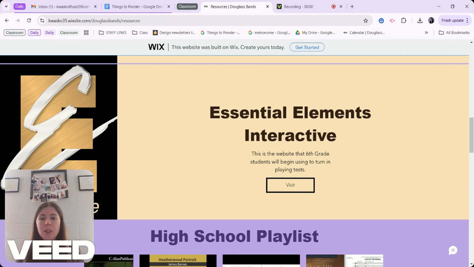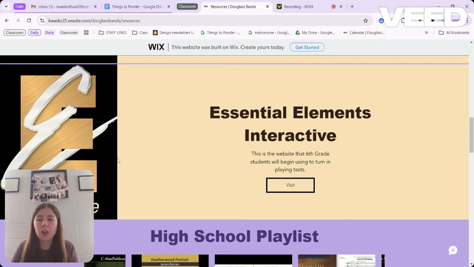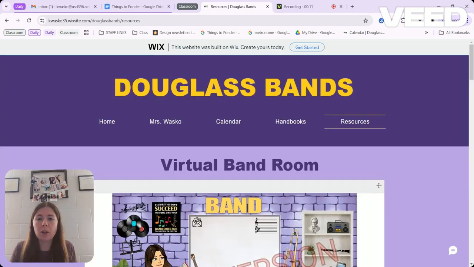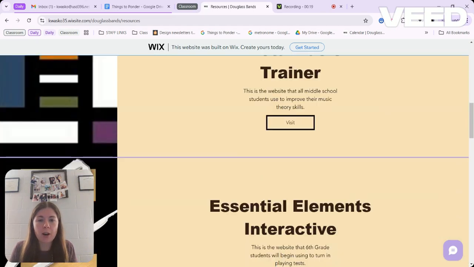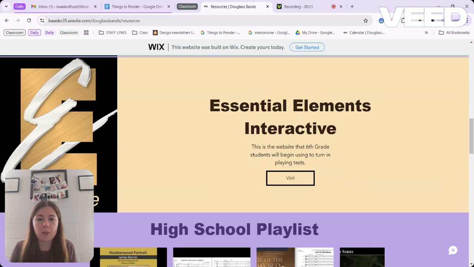All right, I am going to share with you today how to use the interactive feature for your Essential Elements for Band method books. So, to start, you'll want to make sure you're on the band website and that you are on the resources page. And then you'll scroll down until you see Essential Elements Interactive, and it has a big logo right next to it. You'll visit that site,